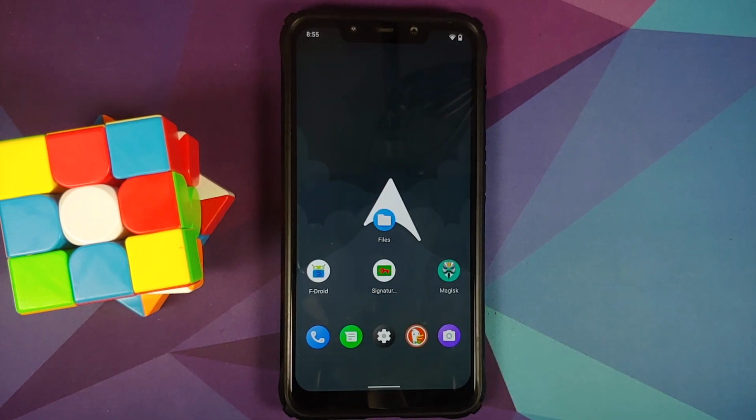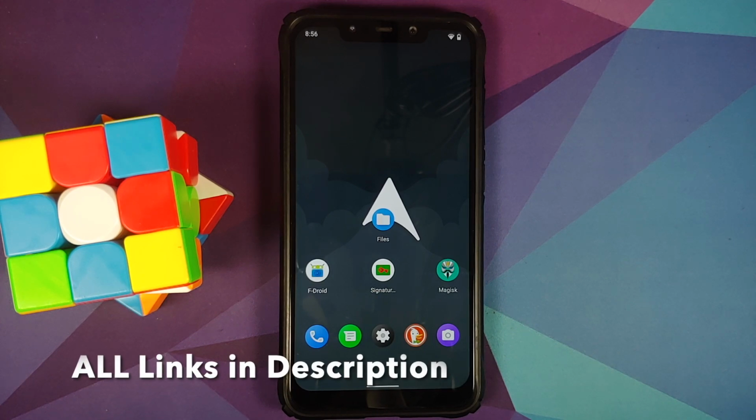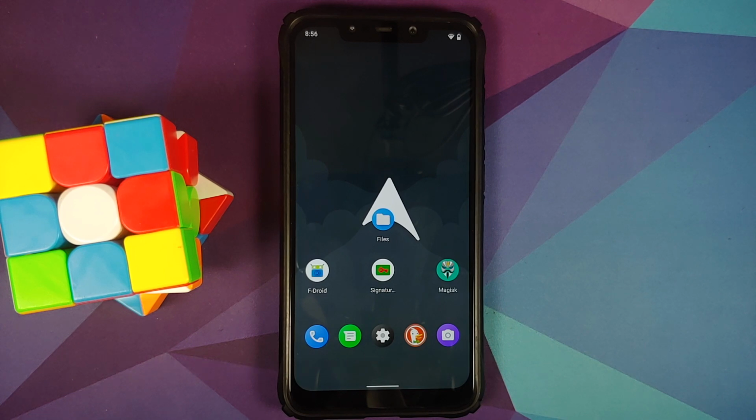Now, what are the prerequisites for this video? Well, for starters, you do need to be rooted using Magisk, and those of you who want to install it without rooting your device, we do have a separate video for that as well, which can be found in the description of this video. Next thing, you need to have an active internet connection on your device, and your ROM needs to support signature spoofing. We are going to check that, but if your ROM does not support signature spoofing, then this video will not work for you and you might have to ask your custom ROM developer to add support for signature spoofing so that MicroG can be installed on your ROM.